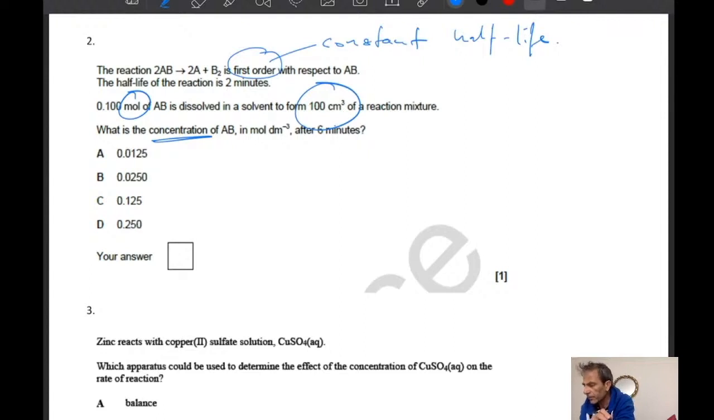I think some people tripped up on the fact that they calculated the final moles but didn't turn it into a concentration, and unfortunately for you the final moles is one of the options. Obviously they're going to do that because they know a lot of students are going to do that. So the way I did it was I kept it in moles. So the original moles